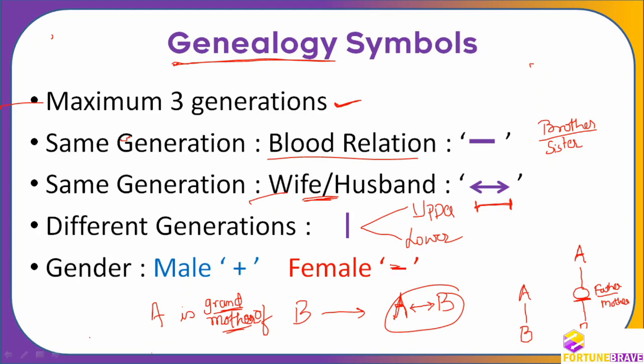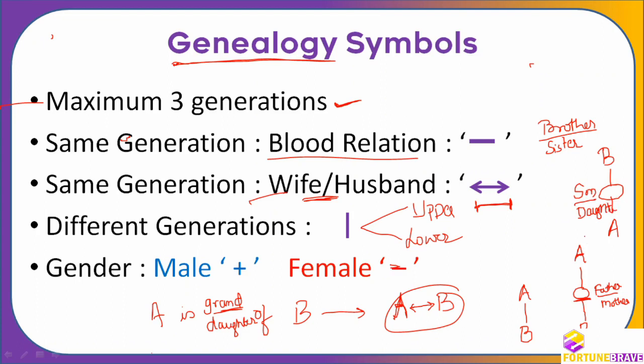Okay, if it is, say for example, A is granddaughter of B. Now it is two generations down. So now who is the up generation here? Up generation is B here, and two generations down is granddaughter. So A is granddaughter of B. So who will come here? Here son or daughter will come. Son or daughter will come. So that is making it very, very clear, I think.